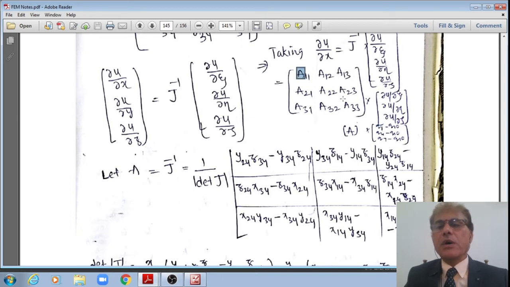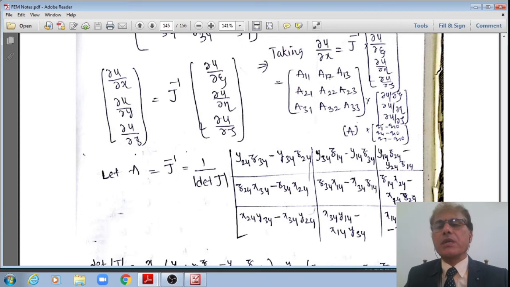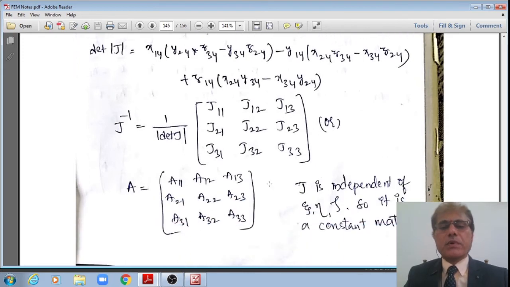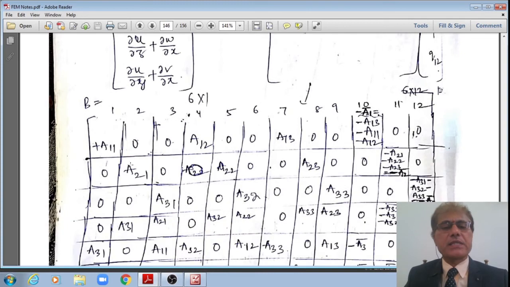Even a11 is also operated upon by minus q10, right? We'll see that. Next, q2 is not there, q3 is not there, so those terms are 0, 0. But next q4 is there, multiplied by a12. Also a12 is operated upon by minus q10, right? And q5, q6 are not there, they are 0, 0 coefficients. Then a13 is multiplied by q7 minus q10. Therefore, that is how that first row is now written like this.